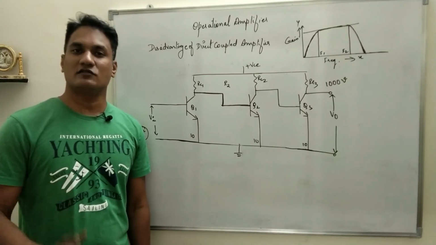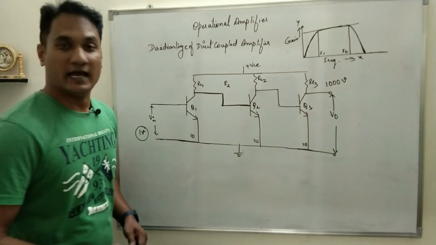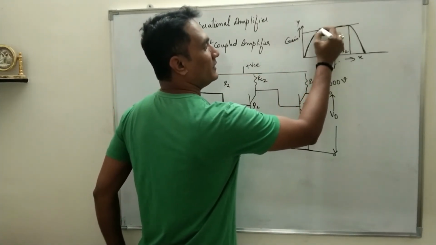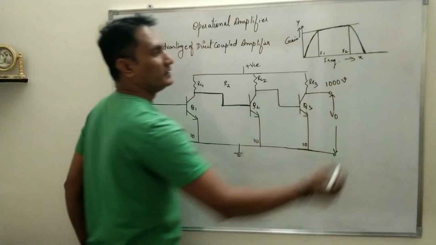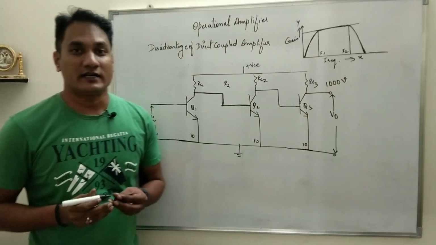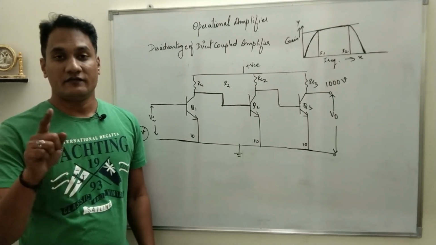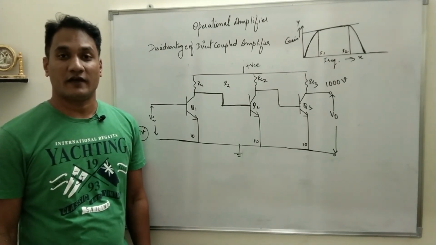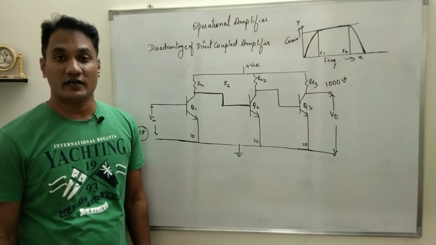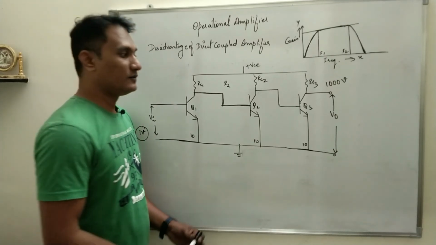So if capacitor is not there, there is no problem of low frequency. So low frequency signal will be amplified. So low frequency signal will have a straight line. At mid frequency the gain was already constant. And at high frequency, what was the second disadvantage? The second disadvantage was, at high frequency the amplification factor of the transistor decreases, which decreases the gain of the amplifier at high frequency.